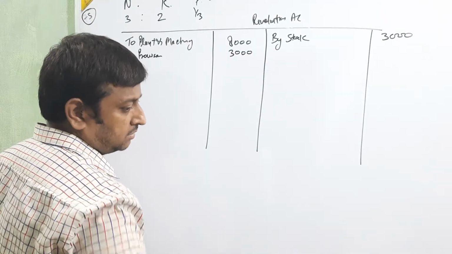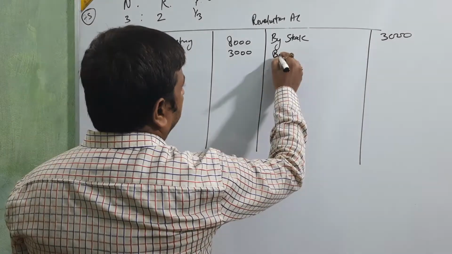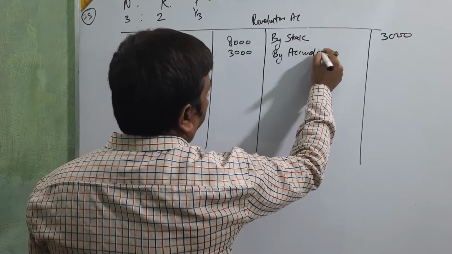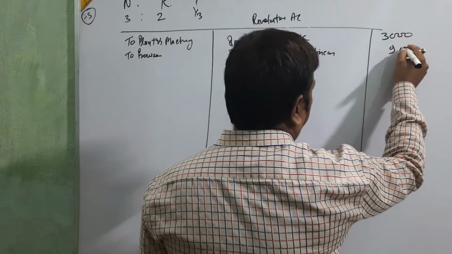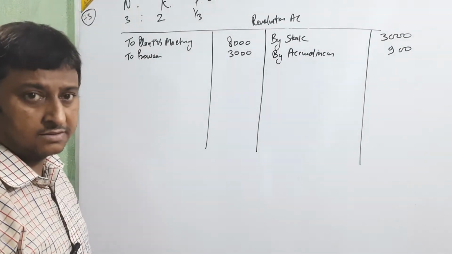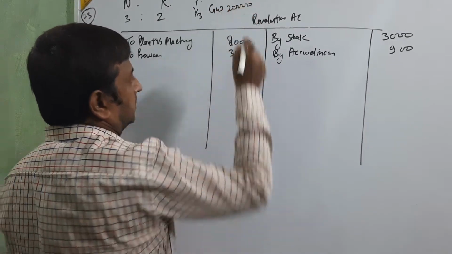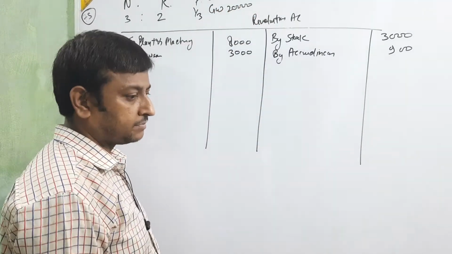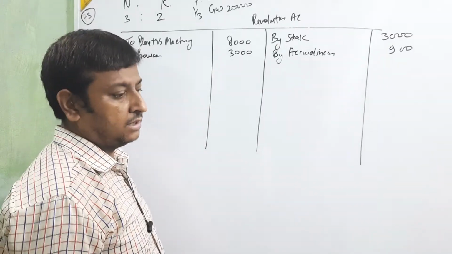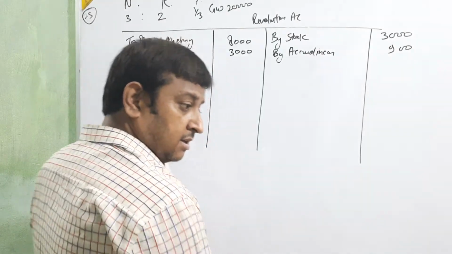Next, accrued income not appearing in the books, rupees 900. This goes on this side, accrued income 900. Next, Prem was asked to bring 20,000 as a premium for goodwill, for a 1/3 share of the future profits in the firm. Anything next? No. Next is given: adjust the capital.